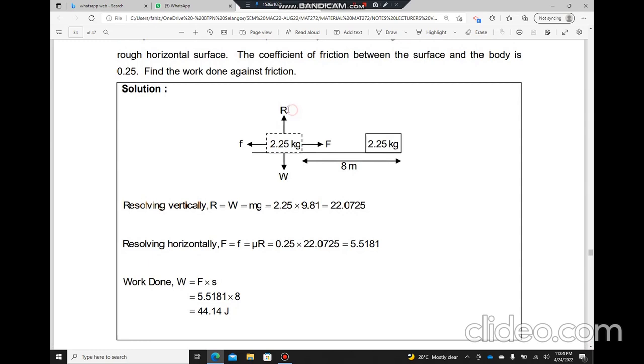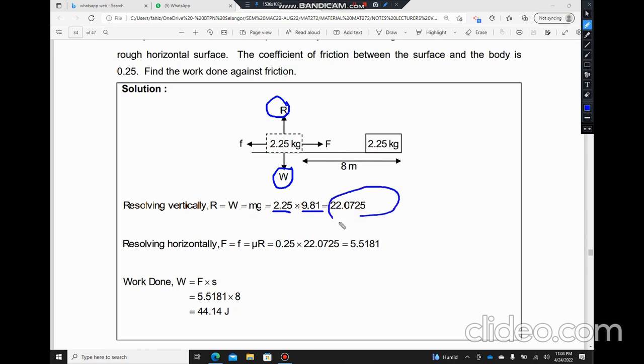So kalau vertical, kita tengok dia ada R. Okay, we have R and W sebab dia ada daya ke atas dengan ke bawah. So R equals to W sebab dia ke atas kena sama dengan bawah, ataupun R minus W equals to 0. So R equals to W equals to mg. So m equals to 2.25 and g equals to 9.81. Okay, so you get the resolving for vertically. And then horizontally,